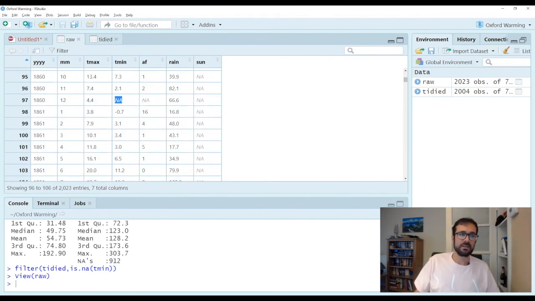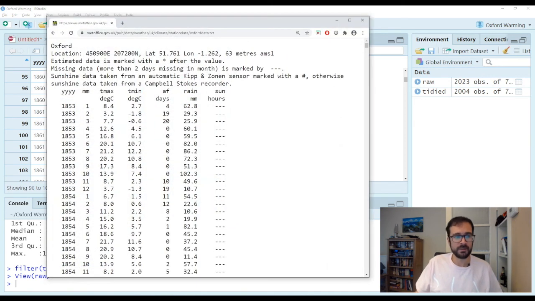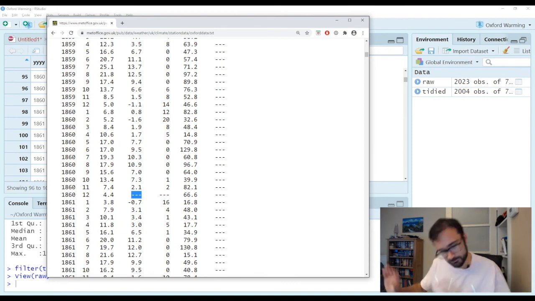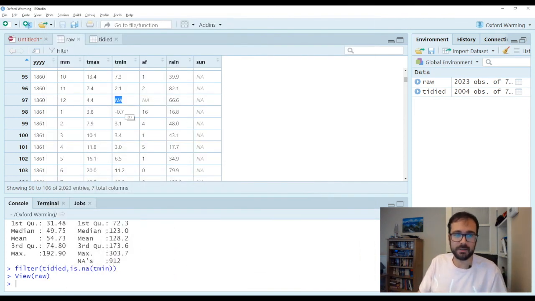Yeah, we can see in December 1860, this looks like it was a valid missing value. Let me just double check way back in the source, even before I read it in, because perhaps there was something in that first importation step. It's always good to be very careful, but no, it looks like December 1860, nothing at all. That's not a result of me messing up, that's a result of there being a missing value in the data.